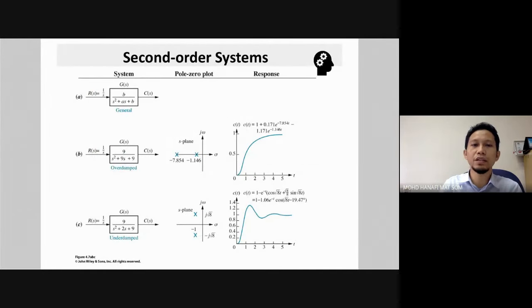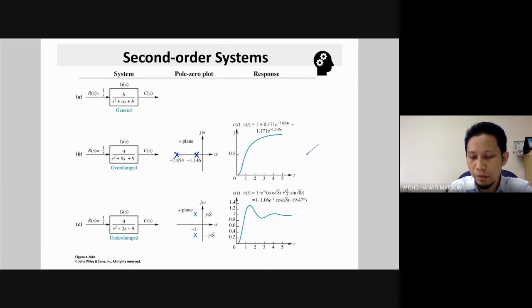So what I have just explained in the past 10 minutes, you can see from the lecture slides here, where let's say we have the general expression b over s squared plus as plus b. For the overdamped, you see the location of the poles here on the real axis. So the system is overdamped, and this is the response. The underdamped has both real axis and imaginary axis, so you will have oscillation that eventually decays